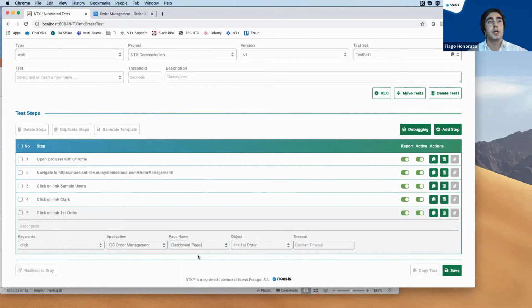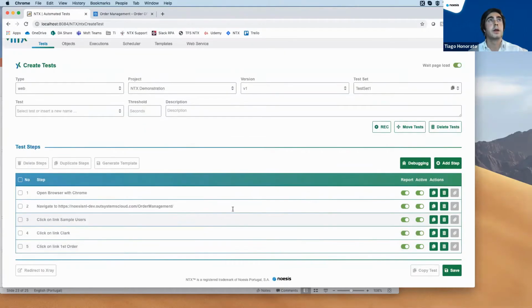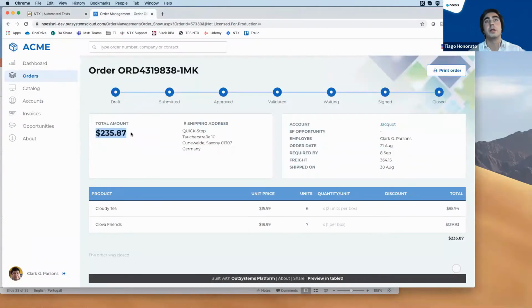Not in the login page, because when I captured the link of the first order in that table that you saw, I said that it belongs to the dashboard page. Okay, so I will click on this link, and then I will be on this page where I captured this label, and I will verify if this is the correct amount of this order.